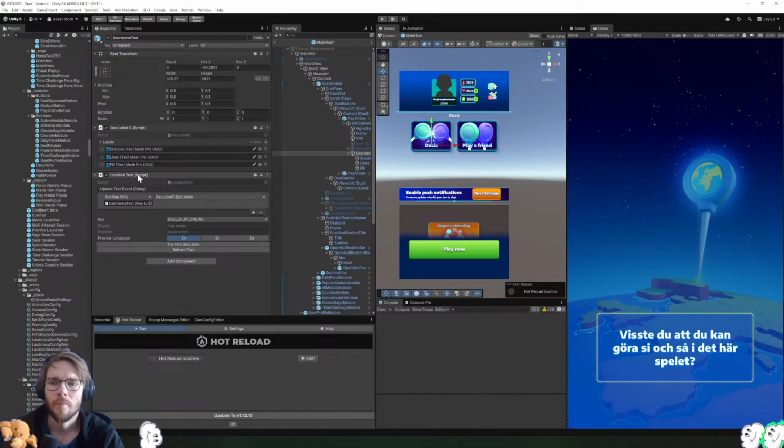We have the script called a geolabel. It's basically just a set of labels or a text mesh pro text that are going to have the same text in them